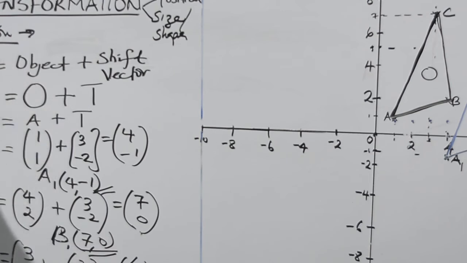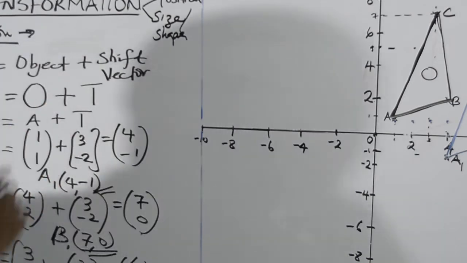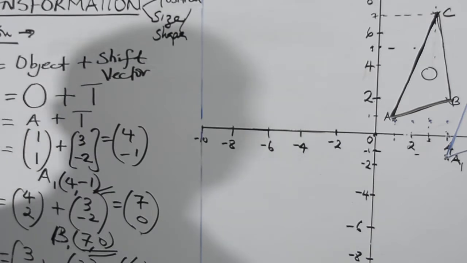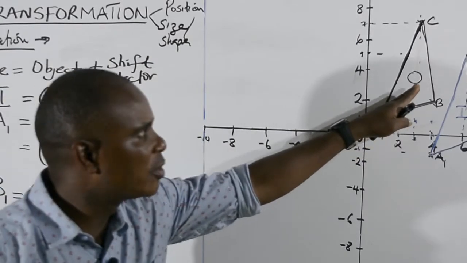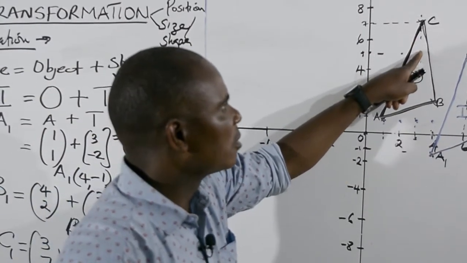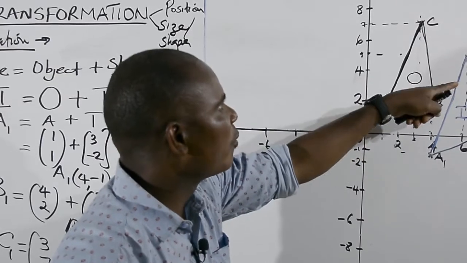So you watch out here. When there is no time for you to do this computation, you can just use this technique and just move it according to the vector. That is translation for you. So we have done the first method of transformation, which is translation by a vector. So we have moved this object that way. This is now the object triangle, and this is the image triangle. It has been moved by that vector.